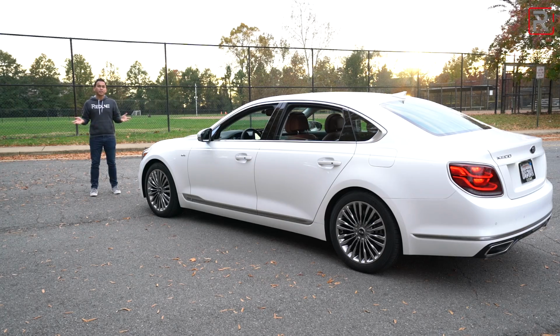I really wish Kia offered something like a sport package, something that would make it look like a Stinger on the outside. It would probably be one of my top picks if it just had a little bit more of an aggressive look. So if you look at the sales numbers of the first generation K900, in the 4 years